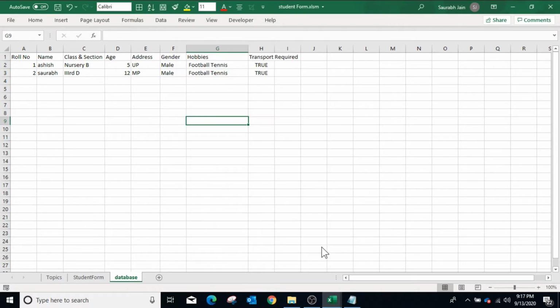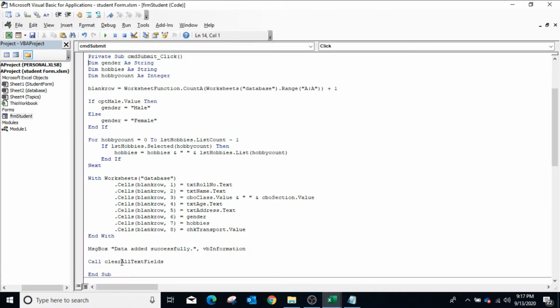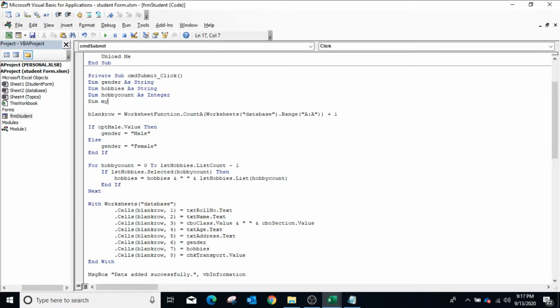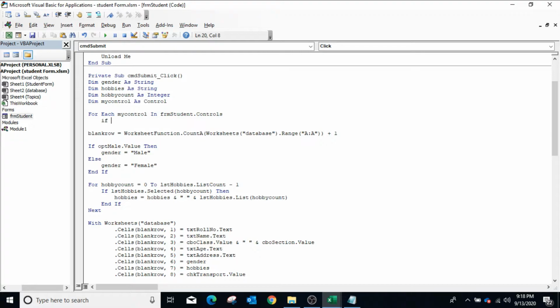Close the user form. Now we can add validation in the form. Now one validation is to check mandatory fields should not be blank. So before submitting, declare a variable dim my control as control. Create a for each loop, for each my control in frm student dot controls, we will check the type of each control,